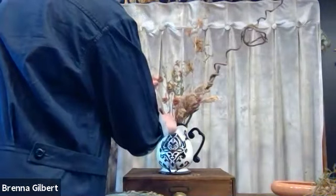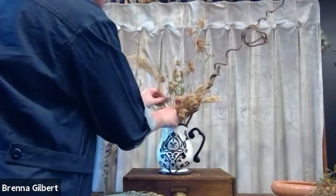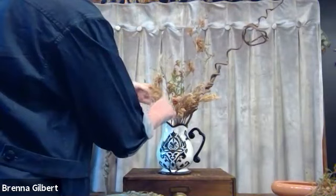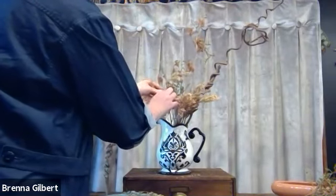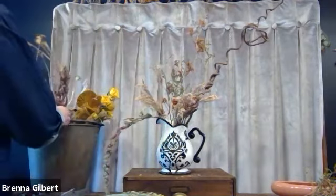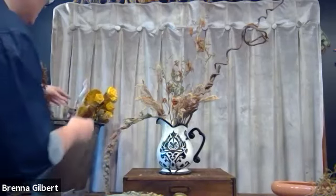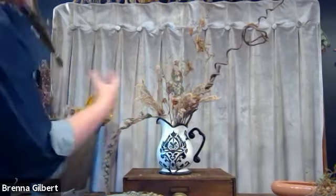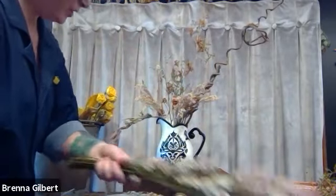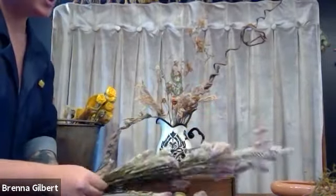Okay. So again, I'm just going to find the places where I want that little bit of whimsy, that airy energy. It's not going to be everywhere. It's going to be where I just need that lightness. Now with flowers, you know, with painting, you can use your highlights and your lowlights to play with your